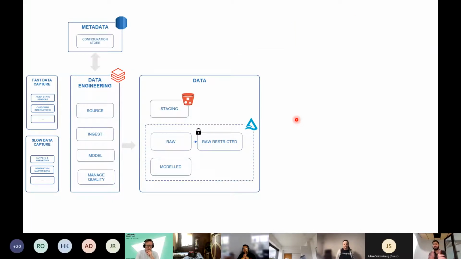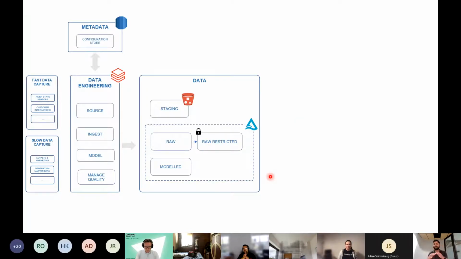So that's how we get the data in. That's how we manage the data. And if you see, as you go from staging to raw to modeled, the level of data maturity increases, the data quality increases, the usefulness of the data improves, right? Staging is probably a transient area, which is purged after a while, but raw is never purged and it's always there. So is modeled. Right?